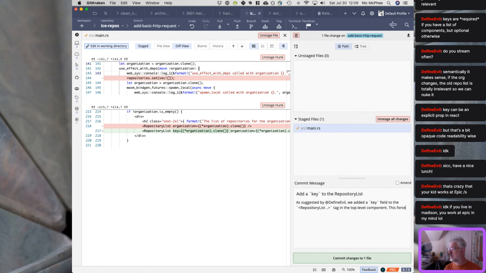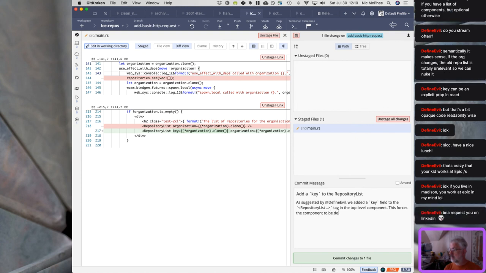This forces the component to be destroyed and rebuilt when the organization changes,